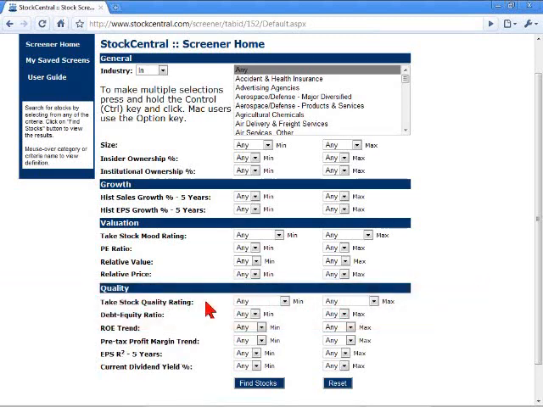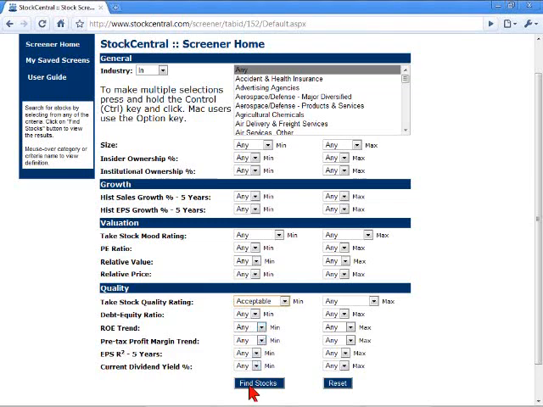It's in the quality section, and the Take Stock Quality Rating is based on the quality index that's calculated by our Take Stock software program. For every company, we calculate the quality rating on a scale of 0 to 10, with 10 being the highest. But you don't even have to know those numbers, because the screener allows you to select your minimum criteria, say acceptable, and that simple single criteria there, only finding stocks that have a quality rating of acceptable